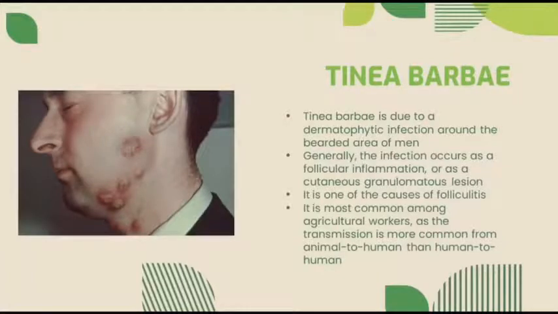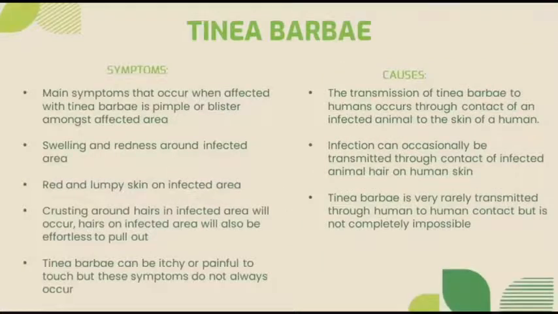Generally, the infection occurs as a follicular inflammation or as a cutaneous granulomatous lesion. It is one of the causes of folliculitis. It is most common among agricultural workers, as the transmission is more common from animal to human than human to human. Main symptoms of tinea barbae are a pimple or blister in the affected area, swelling and redness